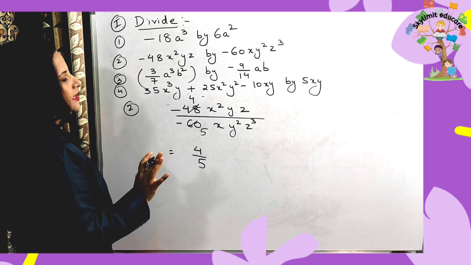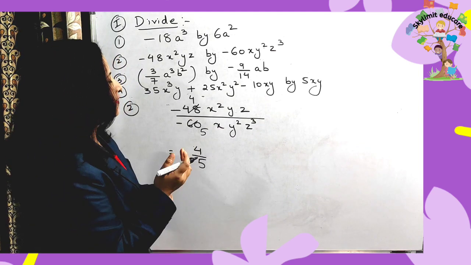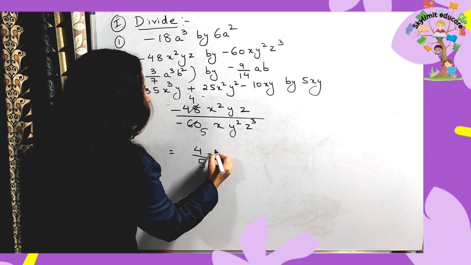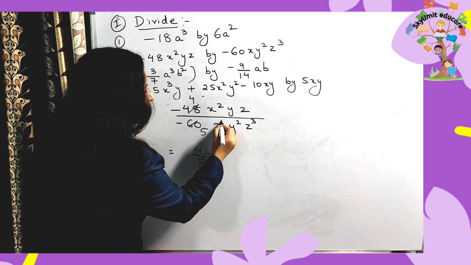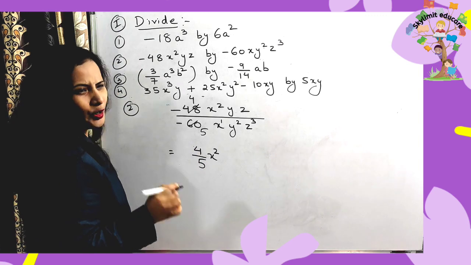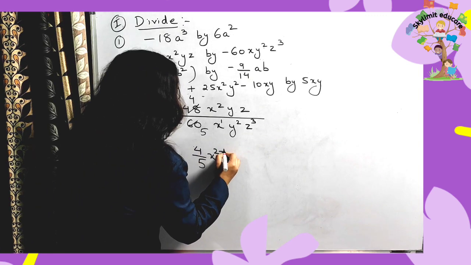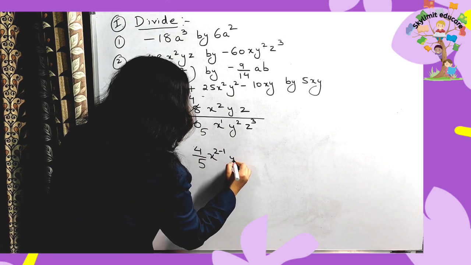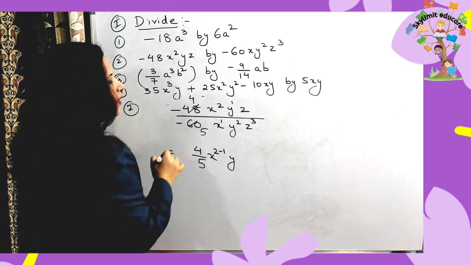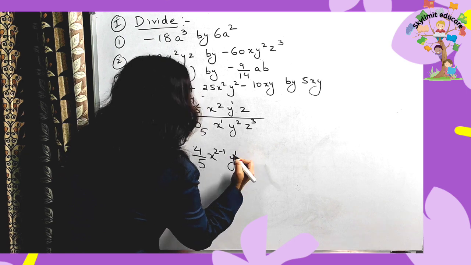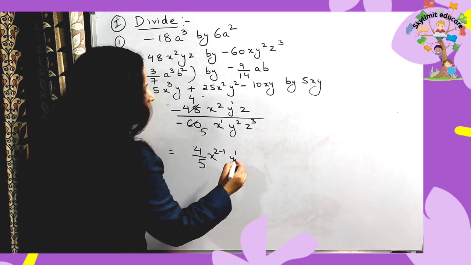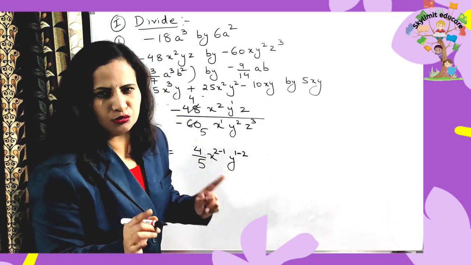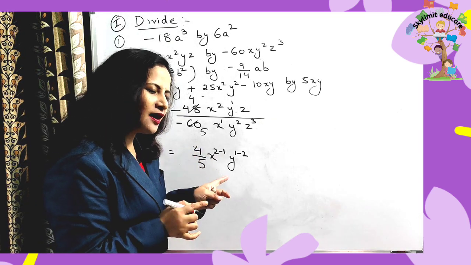The number part is over now. Let us come to the letter part, the literal part. Now you see here x to the power of, what is the power of the numerator? It's 2. What is the power of the denominator? Nothing is there, so the power is 1, no need to write it. So 2 minus 1. Now let us come to this y. In the numerator, the power is 1, so write 1. And in the denominator, the power is 2, so write 1 minus 2. Don't write 2 minus 1 since 2 is greater than 1. No, don't do that.